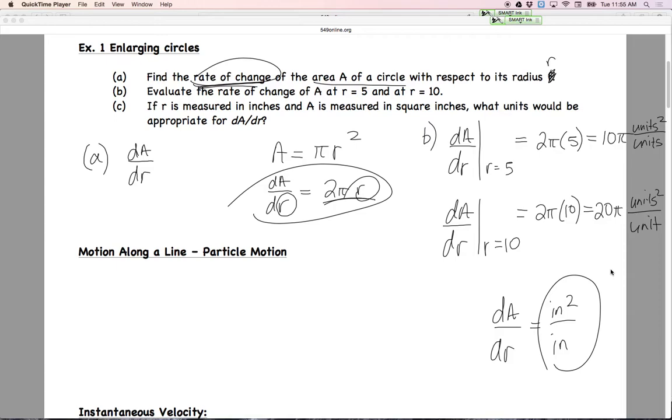All right, any questions on how you can do a rate of change problem in something that you might actually use, other than just y's and x's? Because x's and y's are nice for math people, but unless it's in the real world, it doesn't make much sense. You might think of this kind of problem if you're doing geometry, construction or manufacturing, and I'm trying to think of where else you might do it. I can't think of anything off the top of my head, but